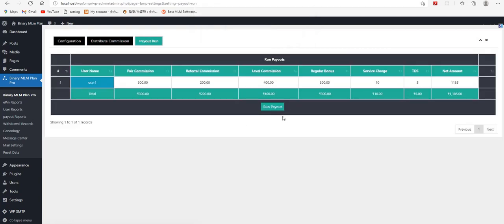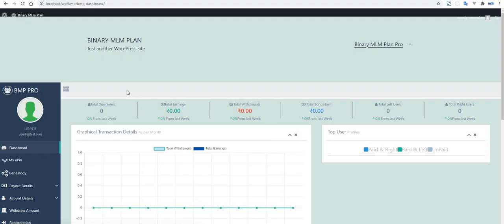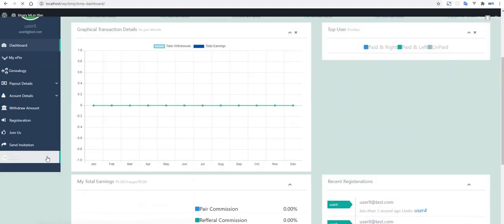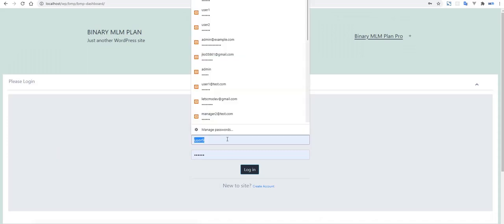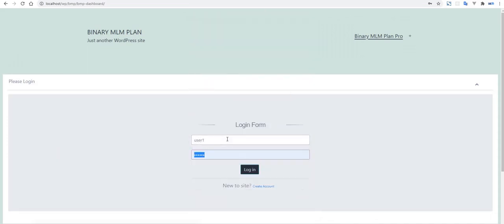Now I am running the payout for this one as well. So just put here, this has been successfully run. Now I will check for user 1. So you will see that this is working fine.